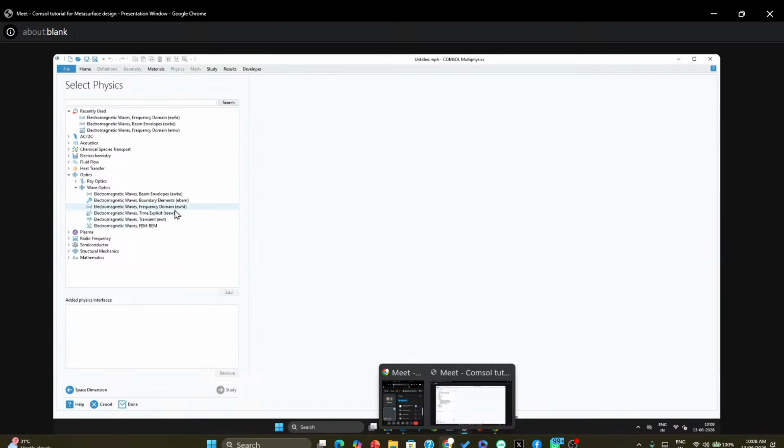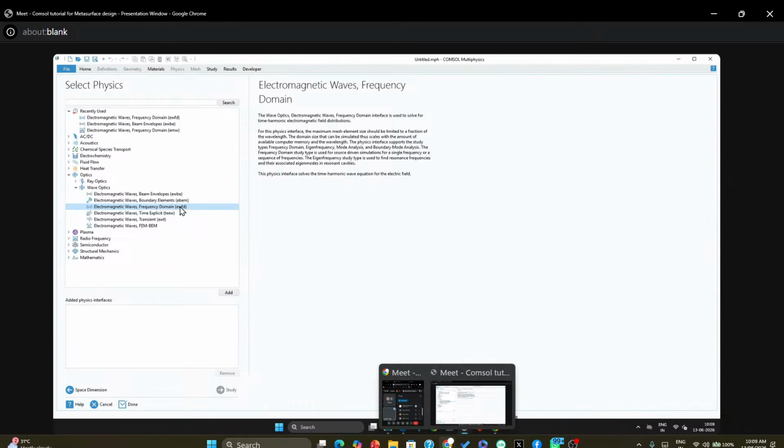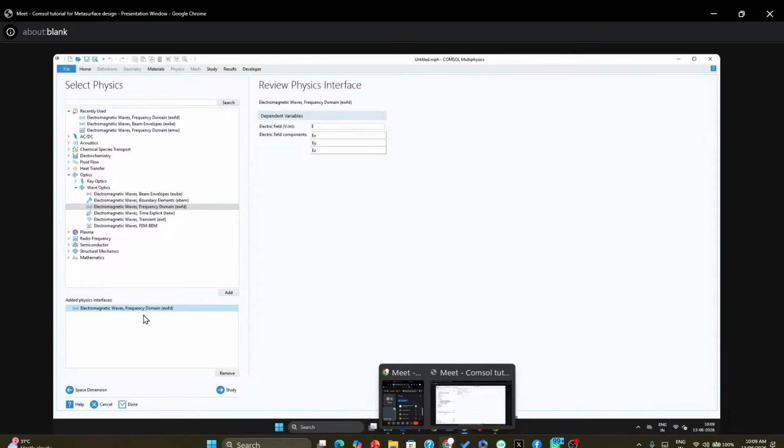So I will show you here using electromagnetic waves frequency domain, but if you are doing simulation with long waveguides, then you can also use EWBE. Only the meshing and some calculation algorithm is changed between EWBE and EWFD. Okay, so I will choose EWFD for this tutorial,